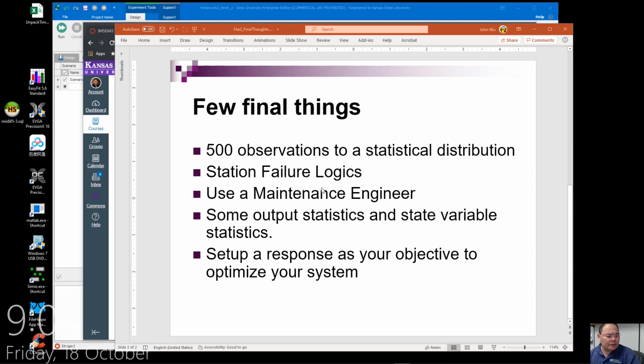And third, during the failure period, how we can use seize and release maintenance engineering during this time as a repairman. Last two is to introduce some of the output statistic and state variable statistic and explain a little bit what the differences are between them. For example, the work in progress inventory, or the time to stop the simulation, and how long the simulation actually runs, and we can use output statistics to